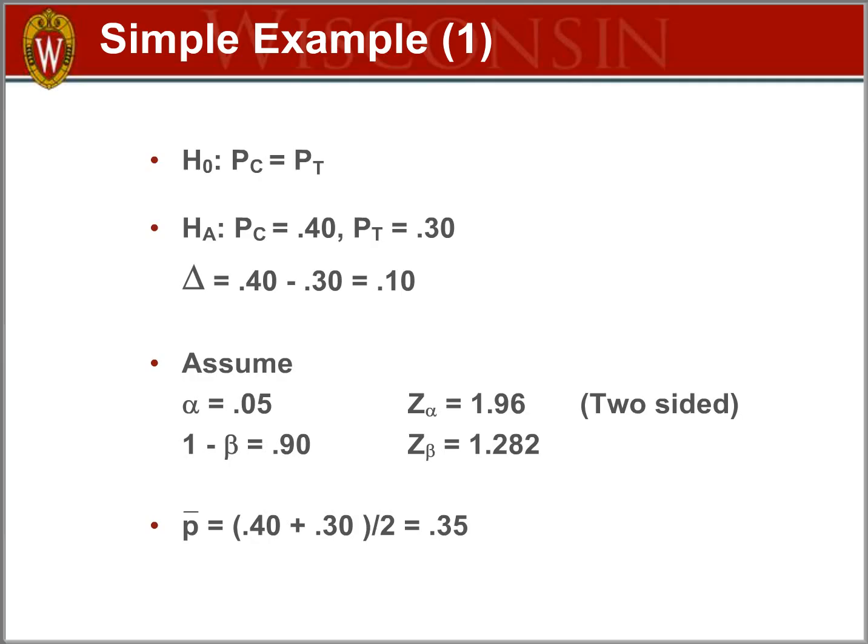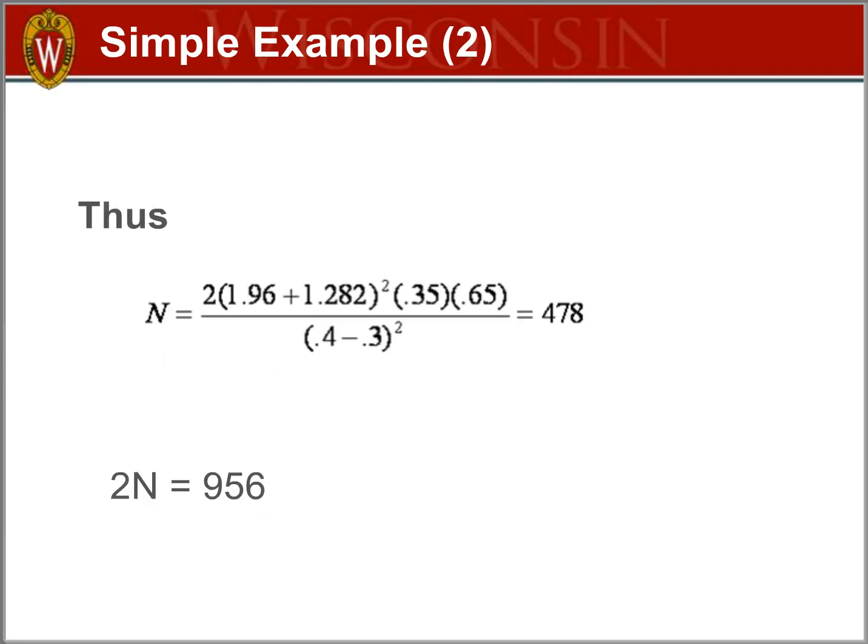With those pieces, we can now determine the sample size for this little simple example. Plugging those terms into that formula on the previous slide, we have 1.96, the type 1 coefficient, plus 1.282, the power coefficient, summed together, squared. We have the average failure rate, 0.35 times 1 minus that, or 0.65 in the variance term. And in the denominator, we have 0.4 minus 0.3, that quantity squared. Doing that calculation determines that the sample size in each arm would be 478 patients, or a total of 956